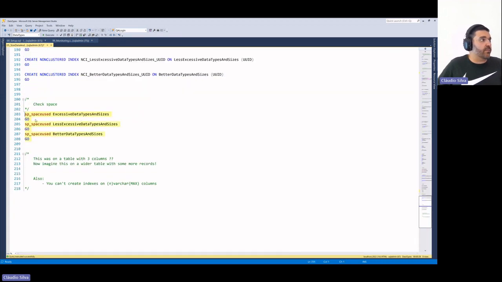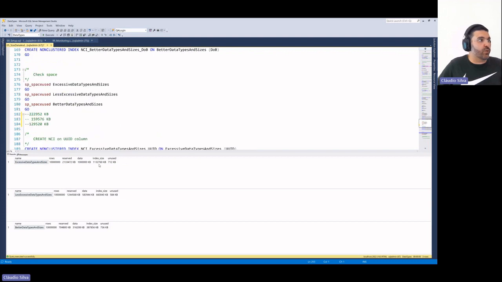And if we check the space again, and if we go here to compare, we went from 200 megabytes to 1.3 gigabytes. So now with 2 indexes, because we have just 3 columns, and because the primary key, the clustered index, is part of the non-clustered one still, we have more space in indexes than the actual data, which is 1 gigabyte. The same thing here, 600 megabytes, and here, 387 megabytes. But see the difference and the ratio between those when we lower the data type and the size of those data types to a more correct one in the end for the things that we have.